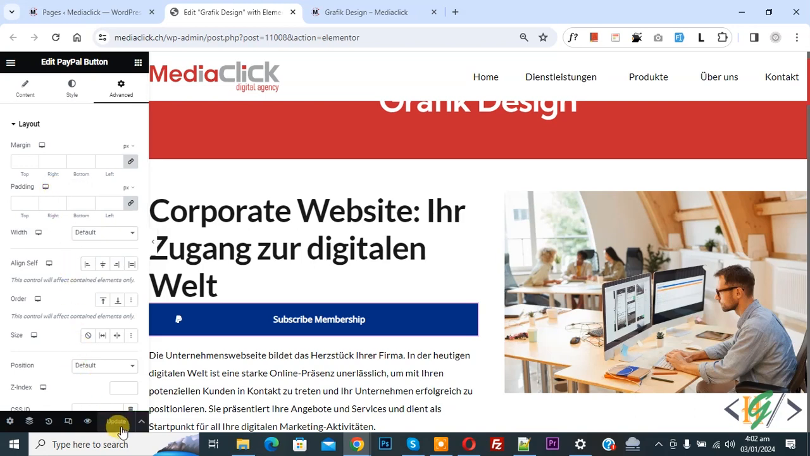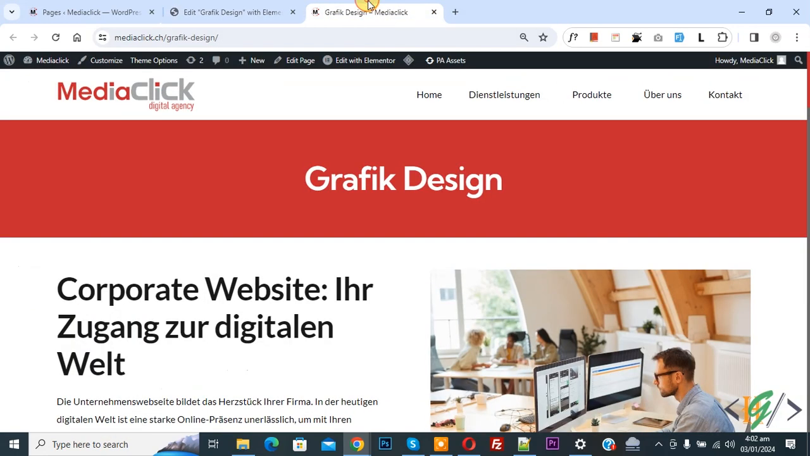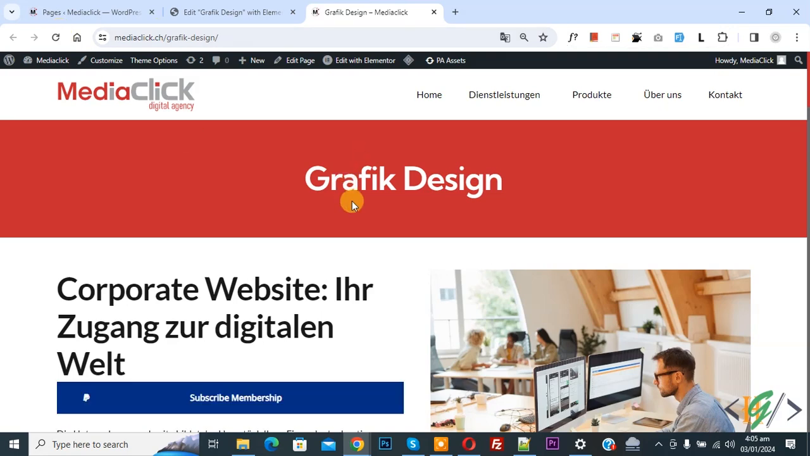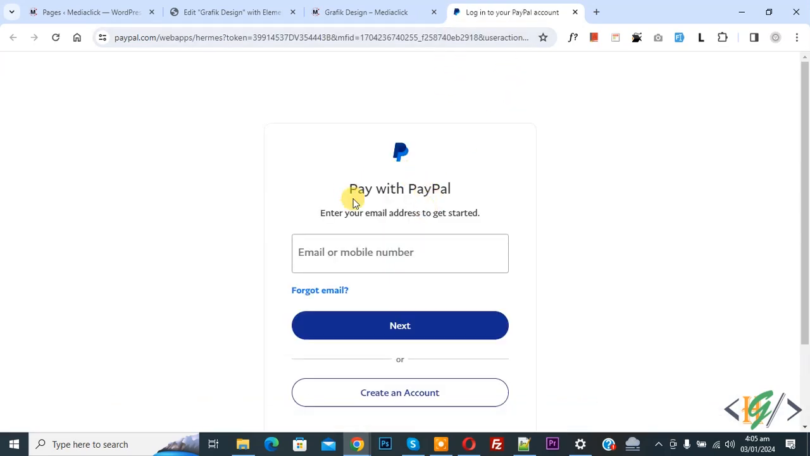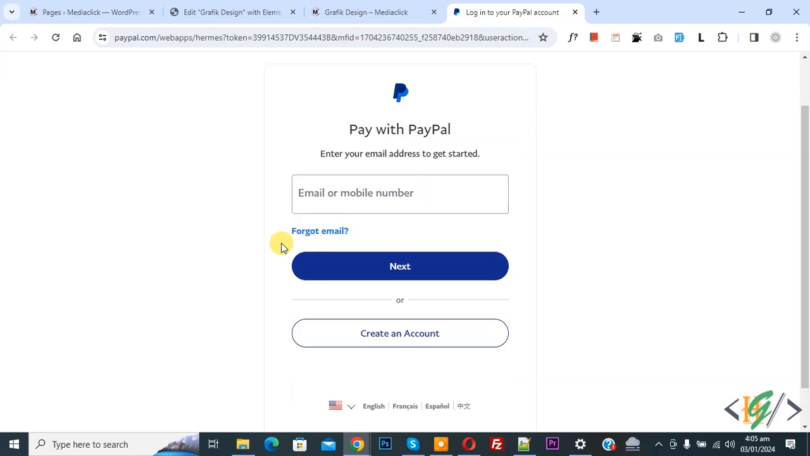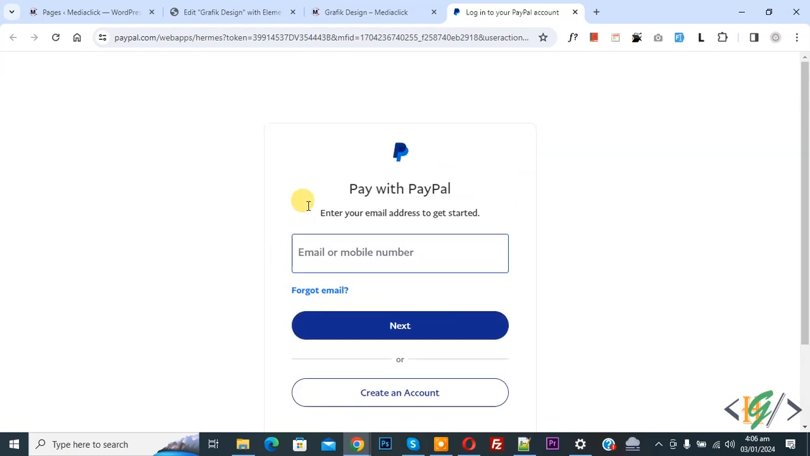Now the update is done. Go to the website page and refresh the page. Now you see the Subscribe Membership button, so click on it, and it opens in a new tab. Now you see PayPal checkout, and then you see pay with PayPal, so you can log in. So in this way you can add a subscription model using the PayPal widget in Elementor Pro